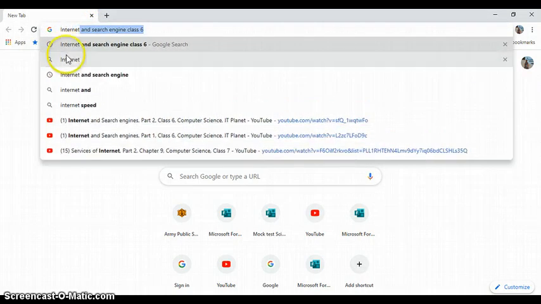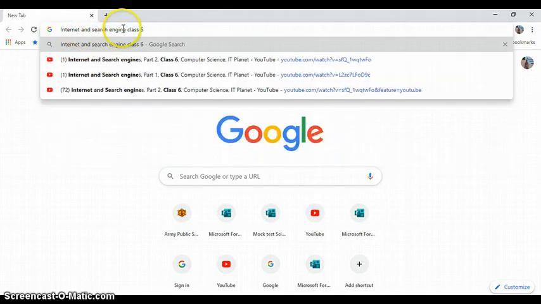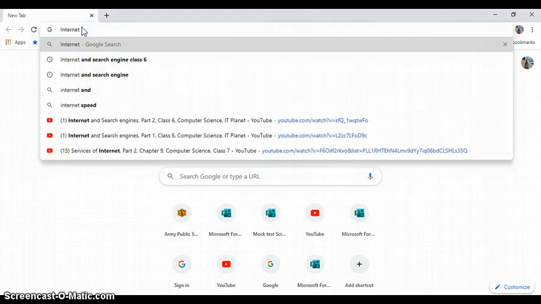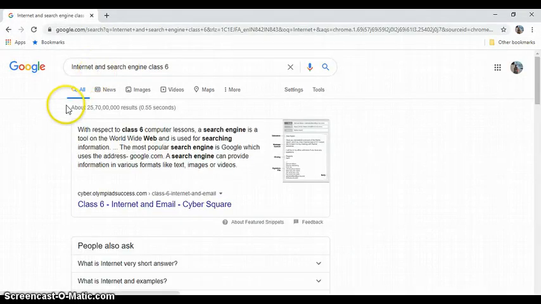See the drop down menu, it is giving suggestions. I have typed only internet and it has started giving the suggestions. So I want to search for internet and search engine, so no need of typing more because it's already there.